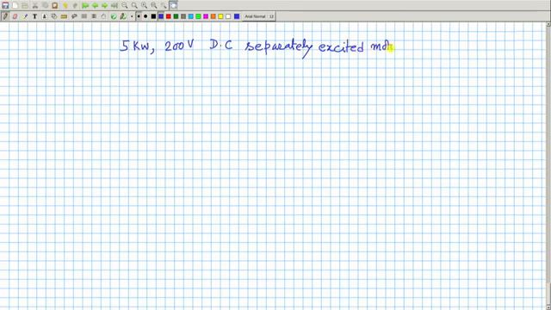We took this motor to explain the things, and then we estimated